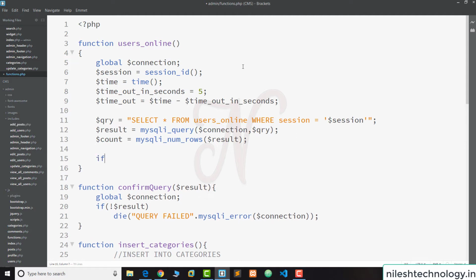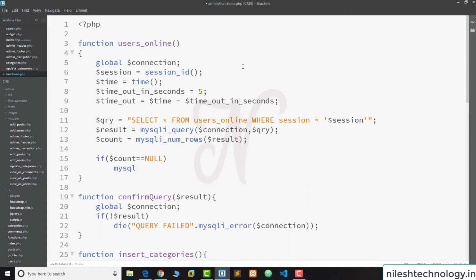If my count is null, meaning there is no active user, then we just execute the query. This is my connection and we directly pass the query here.